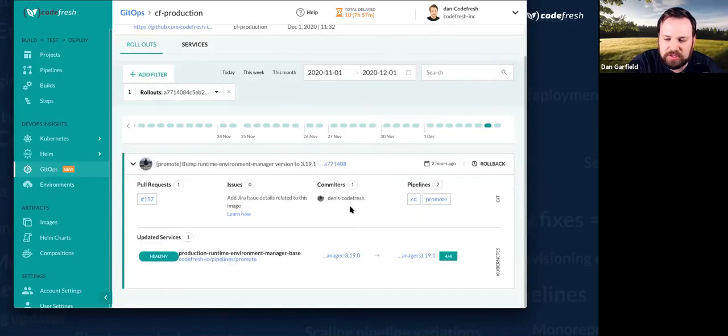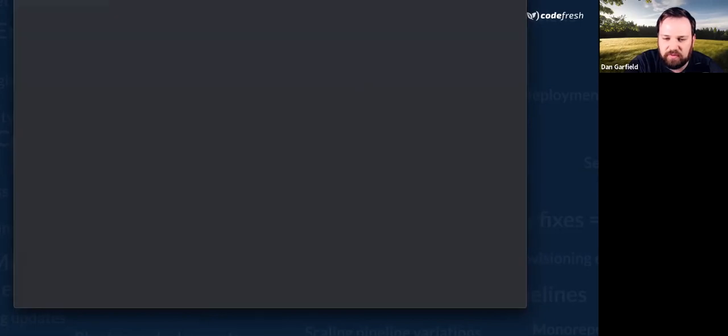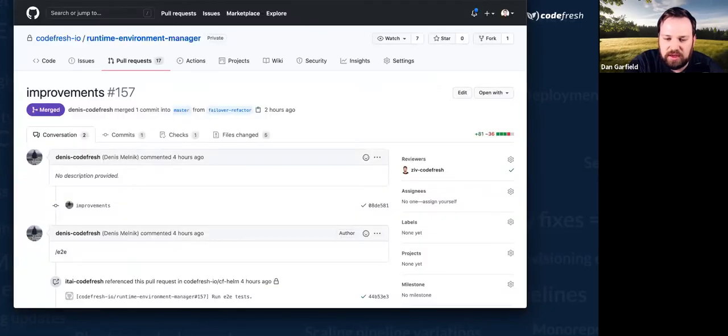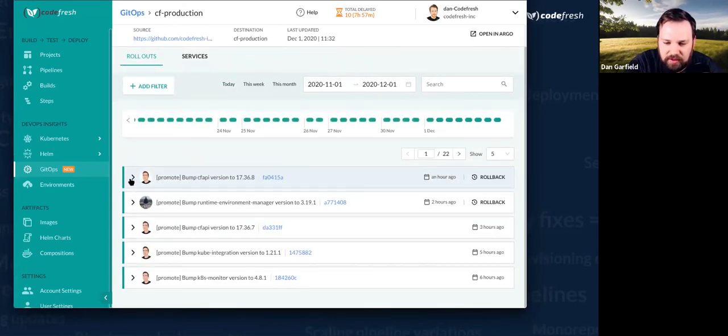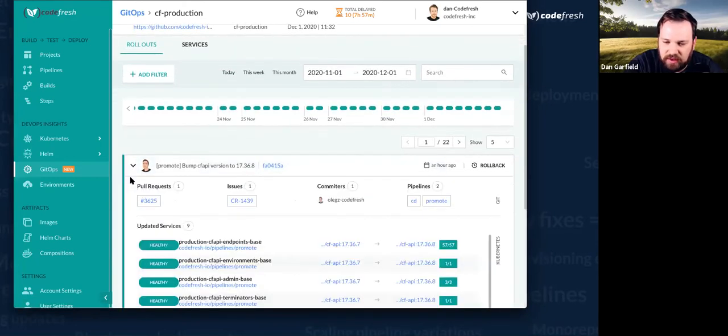So this was about 2 hours ago. I can see that it was Dennis at Codefresh that worked on this. Didn't have a Jira issue, but it did have a pull request, so I could jump over to that pull request and see what actually changed and see if that actually fit the profile of the issue that I'm having. Let's look at the one that happened most recently.